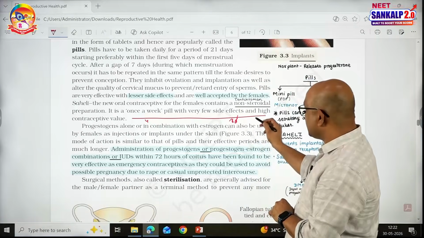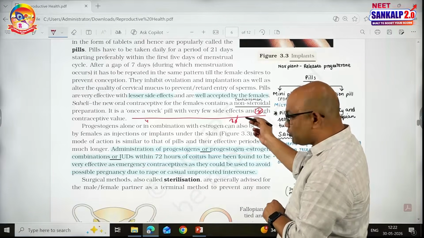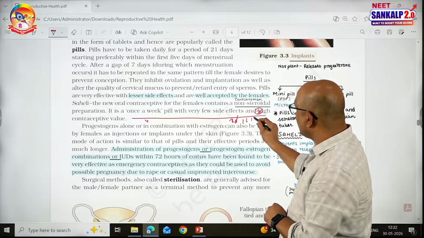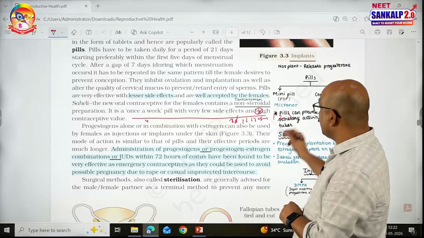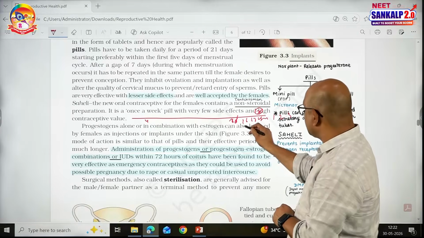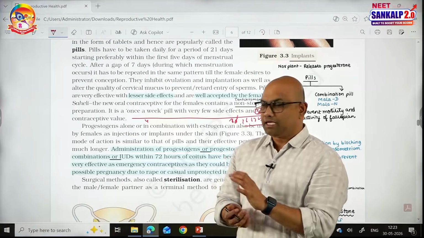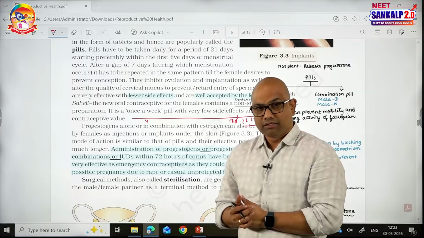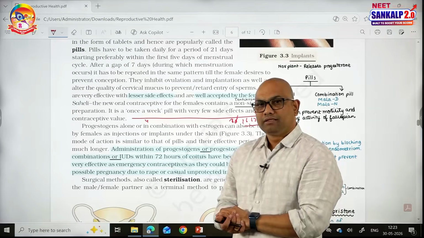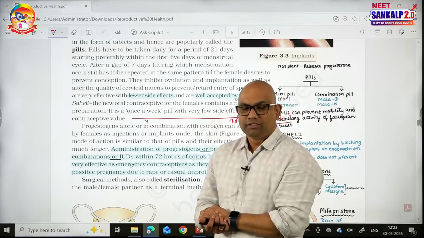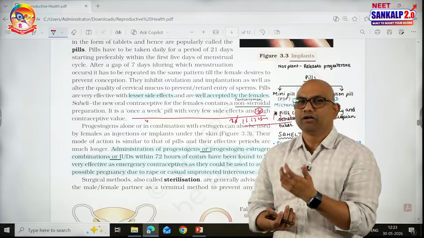After that there is a gap of 7 days. In that 7 days gap, the leftover days of this cycle, like the 26th, 27th, 28th, 29th day, and the next cycle's 1st, 2nd, 3rd days, because on the 4th day she again starts taking. In this 7 days gap there is menstruation, because when she stops taking the pills, progestogen and estrogen levels suddenly fall in the blood and that causes the menstruation. Sir, how is there menstruation as there is no ovulation during intake of pills?